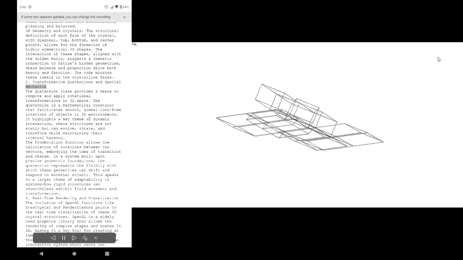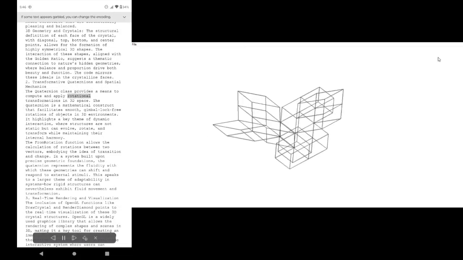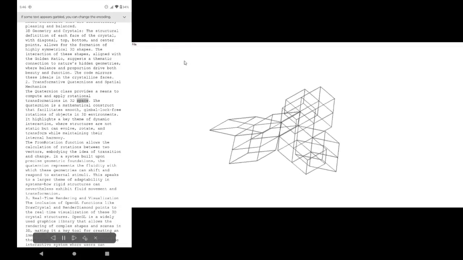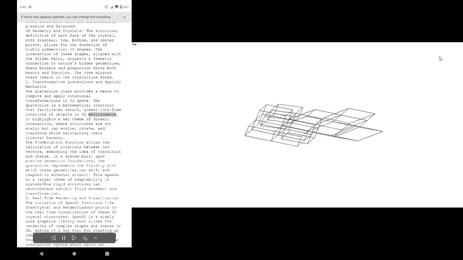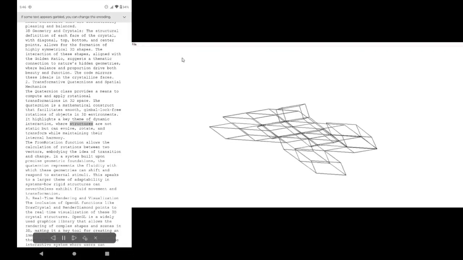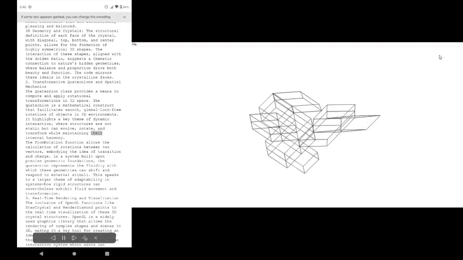2. Transformative quaternions and spatial mechanics. The quaternion class provides a means to compute and apply rotational transformations in 3D space. The quaternion is a mathematical construct that facilitates smooth, gimbal-lock-free rotations of objects in 3D environments. It highlights a key theme of dynamic interaction, where structures are not static but can evolve, rotate, and transform while maintaining their internal harmony. The fromRotation function allows the calculation of rotations between two vectors, embodying the idea of